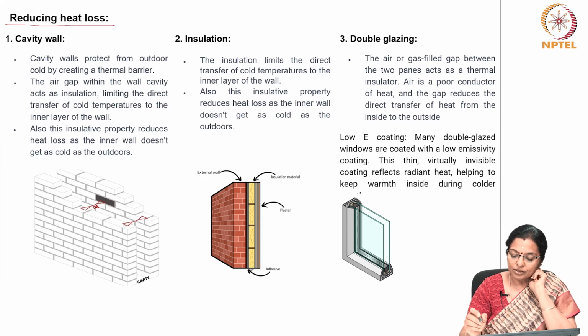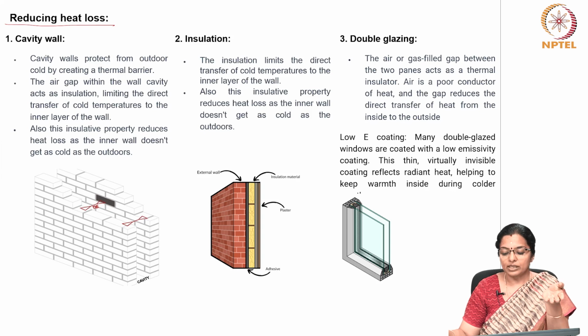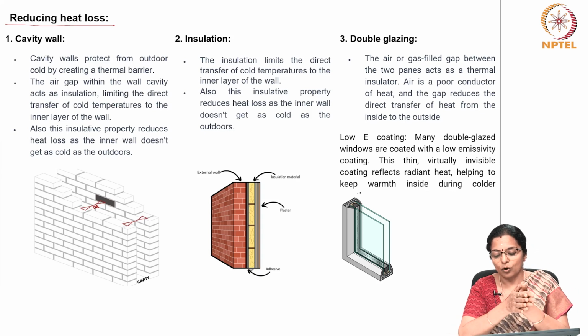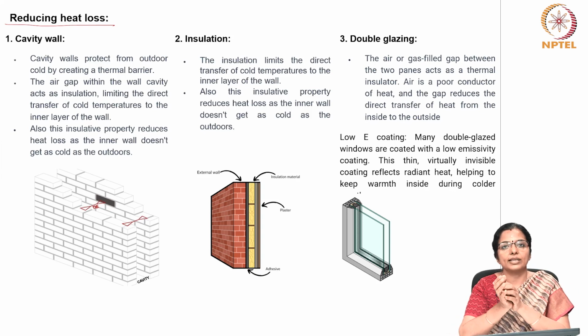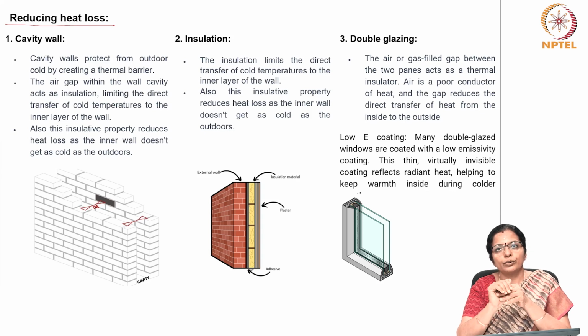Also, the insulative property reduces heat loss as the inner wall doesn't get as cold as the outdoors. The third strategy to reduce heat loss is double glazing. The air or gas filled gap between two panes acts as a thermal insulator. Air is a poor conductor of heat and the gap reduces the direct transfer of the heat from the inside